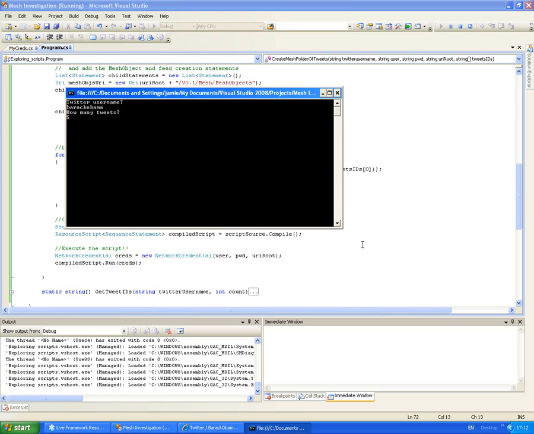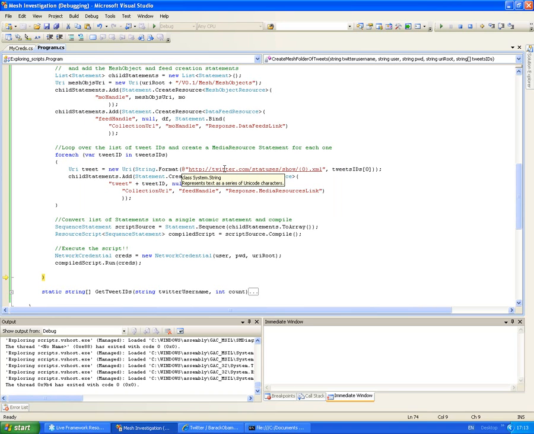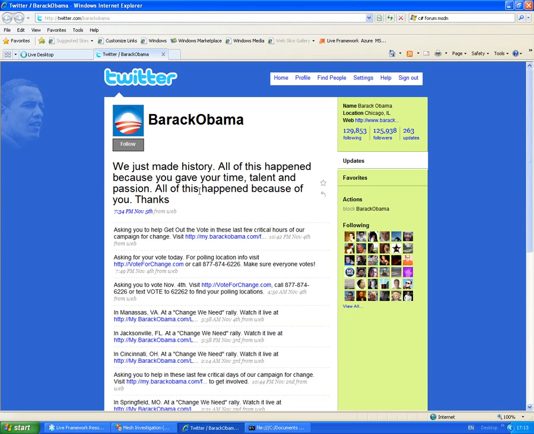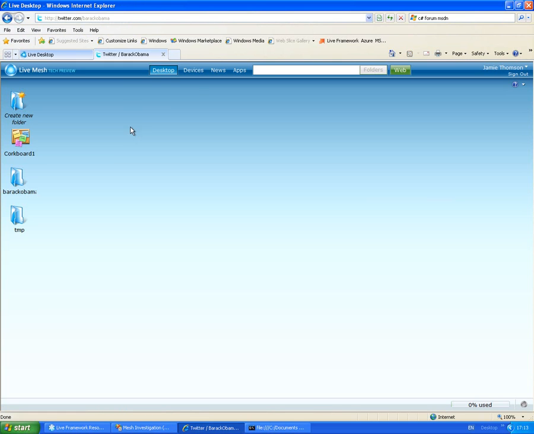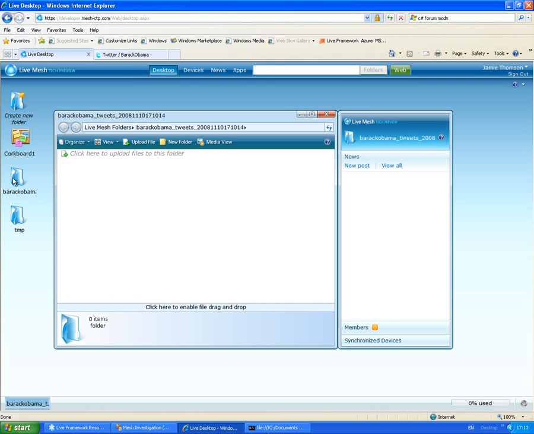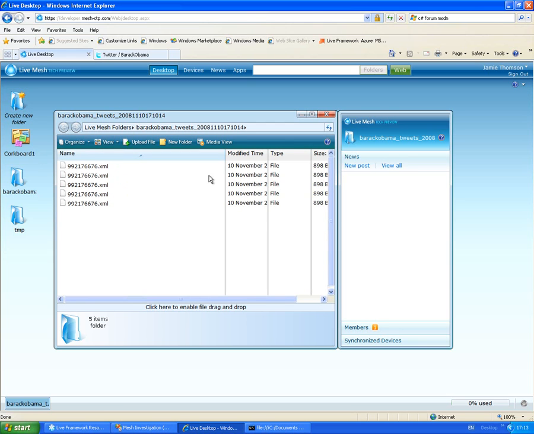So that script is now executing against the live operating environment. We're going to wait for it to come back. Okay, and if I go back to my live desktop, we should see a new folder has been created in here. If we open it up, there are 5 files in there. If I open the top one,